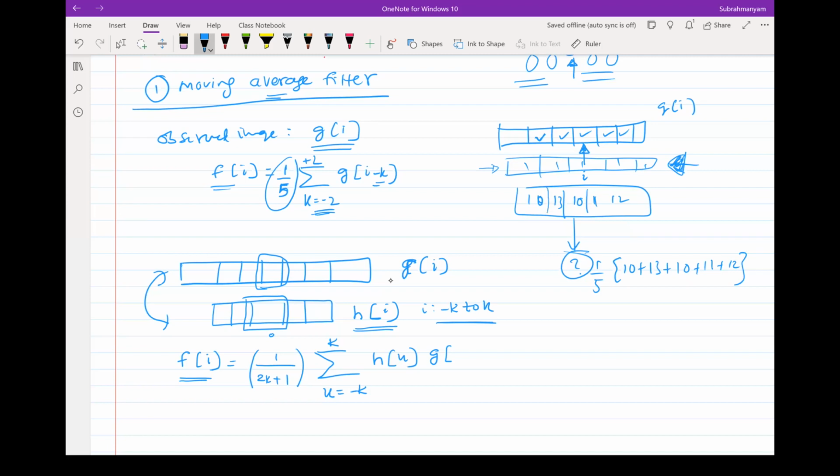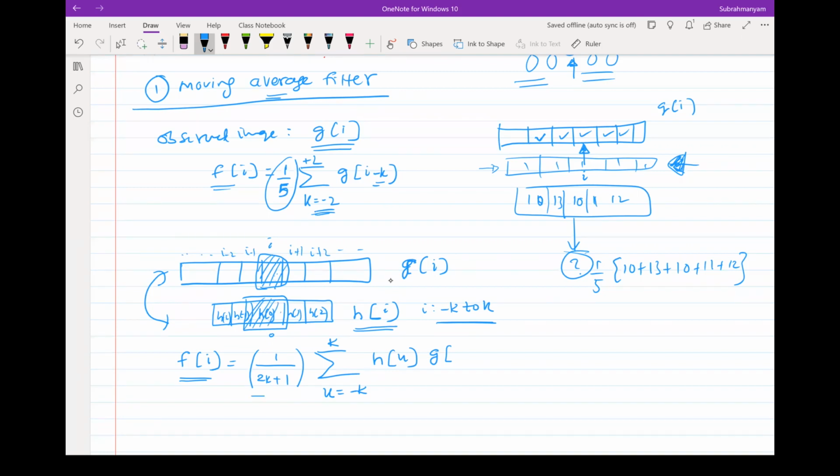For example, all I am doing here is this is my 0. This, for example, is my h of 0. This is my h of 1. This is my h of 2. h of minus 1, h of minus 2. I want to multiply h of 0 with whichever is there at I here. This is I, this is I plus 1, I plus 2, and so on. This is I minus 1, I minus 2, and so on. Now I want to just keep these centers. If I want to compute the value at I, I want to keep that aligned with h of 0 and then multiply the corresponding elements and sum them up.